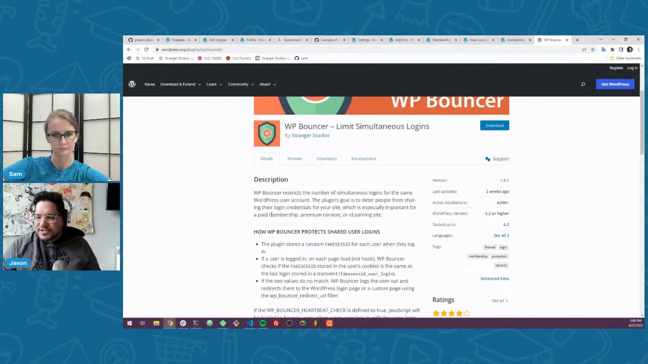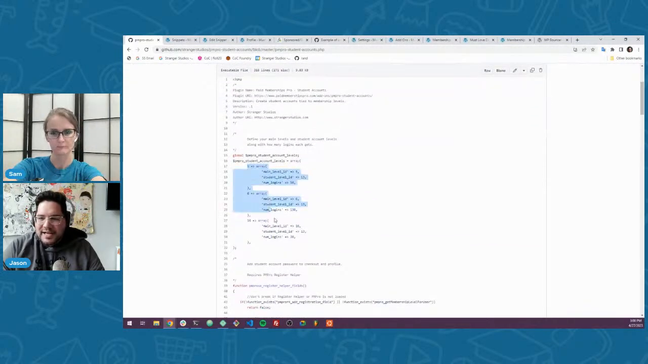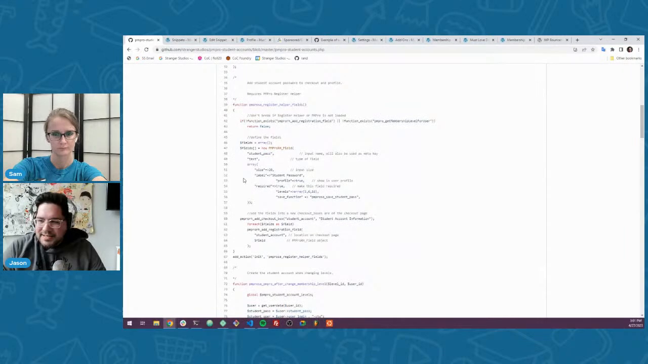So if you have students, you want 40 of them to be able to log in. But after 40, you start kicking people out, because if they only bought a license for your course for 20 students and they have 40 students logging in at a time, they're misusing your license. So you just want to restrict the number of people who can log in. So you install WP Bouncer, you install this PM Pro student account site, and you set it up with the limit. So the 20 student plan is level 16, the 130 student plan is level 6, and the 50 student plan is level 5. And then what this plugin does is